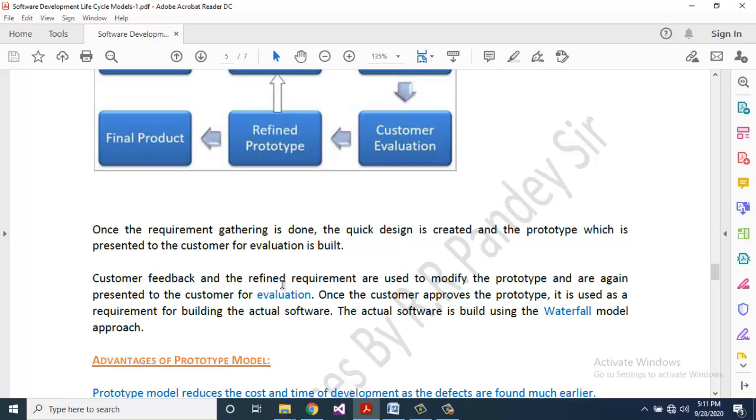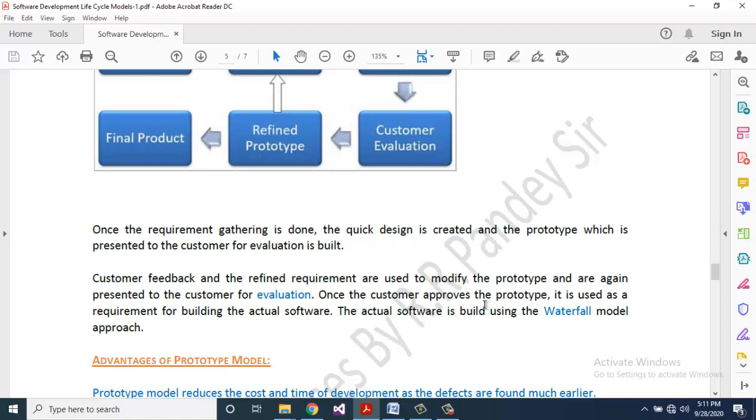Customer feedback and the refined requirement are used to modify the prototype and again presented to the customer for evaluation.